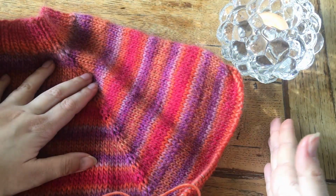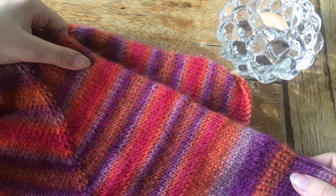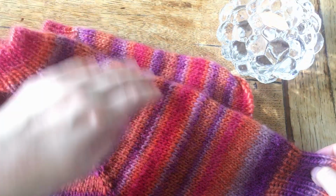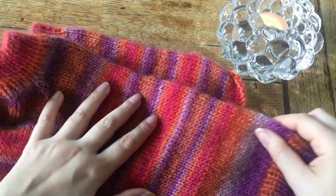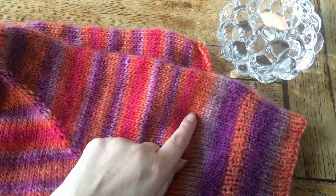So first here, just going to make the knit stitches. So yeah, just go ahead and do that. Make your sleeve as long as you want it to be, and then just close the stitches, and then your